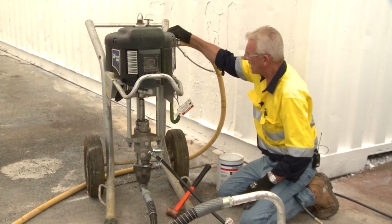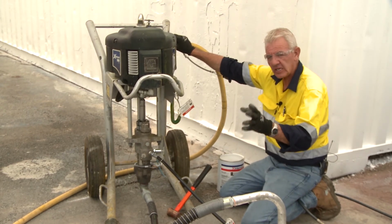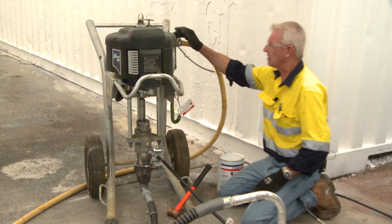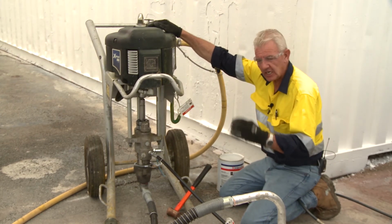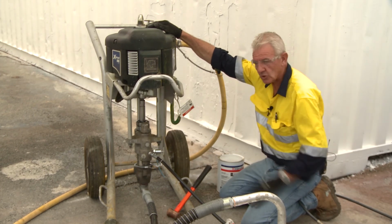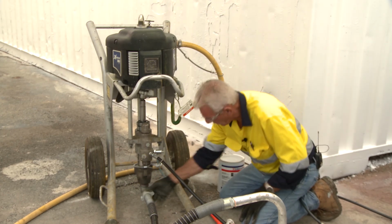How else could I make it safe? Go back to the compressor and isolate the compressor to ensure that nobody can turn the air on whilst I'm operating this pump. The other indicator I'll have is I'll leave that three-way valve in an exhaust mode. It's primarily so that if someone does turn the air on, I can hear it exhausting out the other section. So, now that we've isolated the pump,